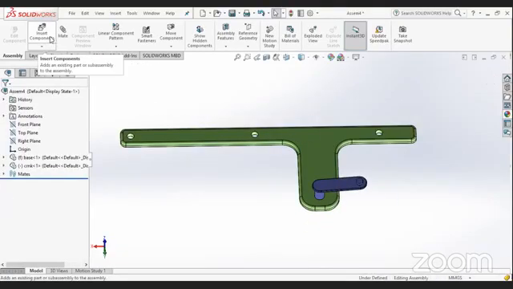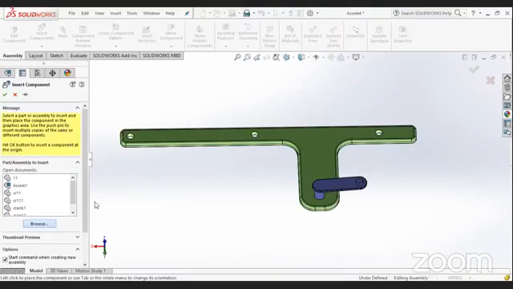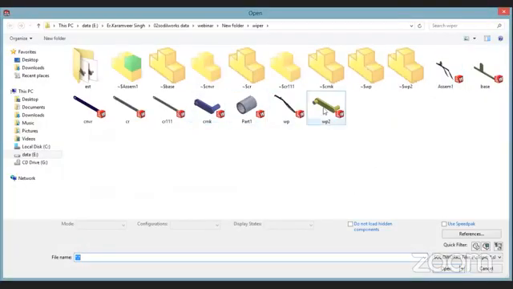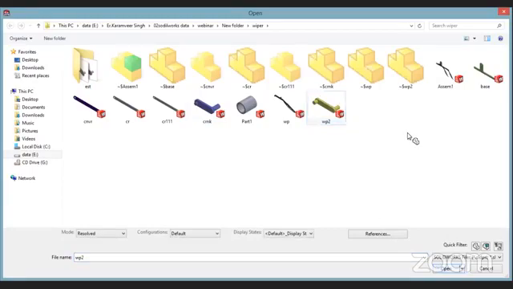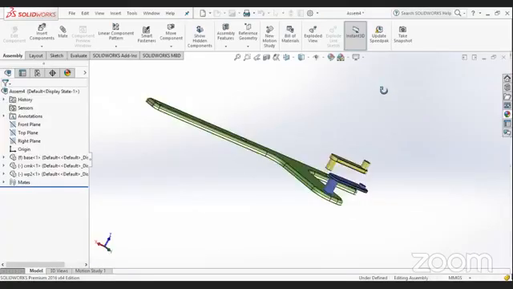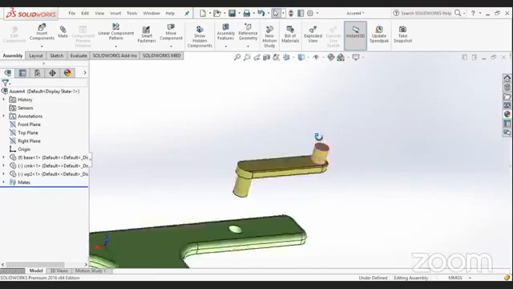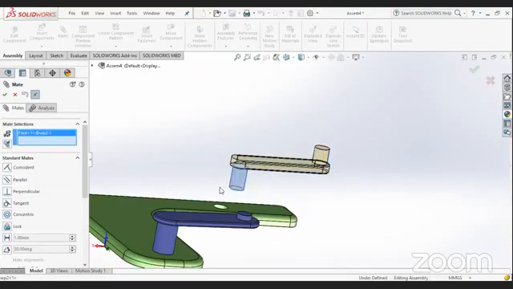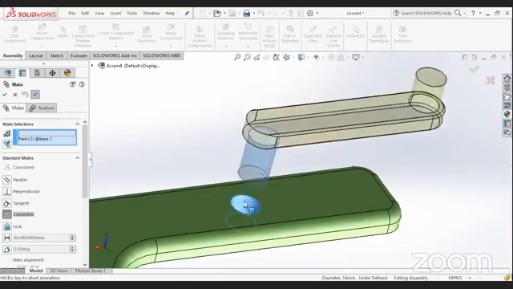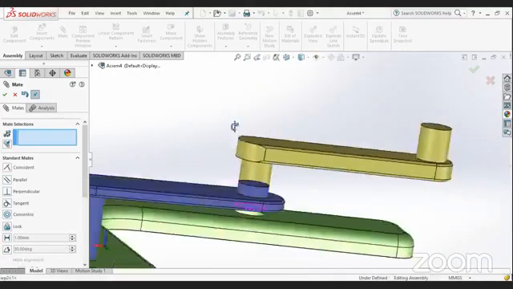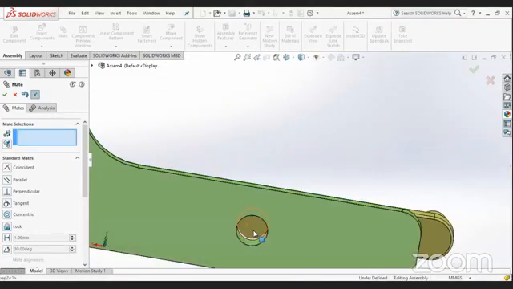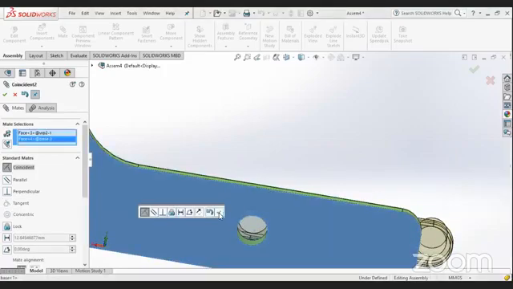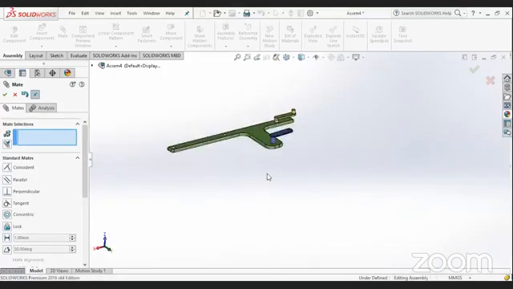Coincidence, then concentric and coincidence constraints are required. The second one, this face, the shaft, and the internal face of the hole. Then for the flat faces, you have to select this face and this face. Press OK, OK.